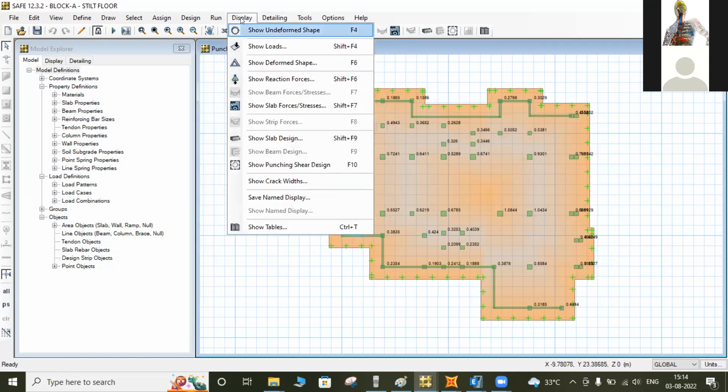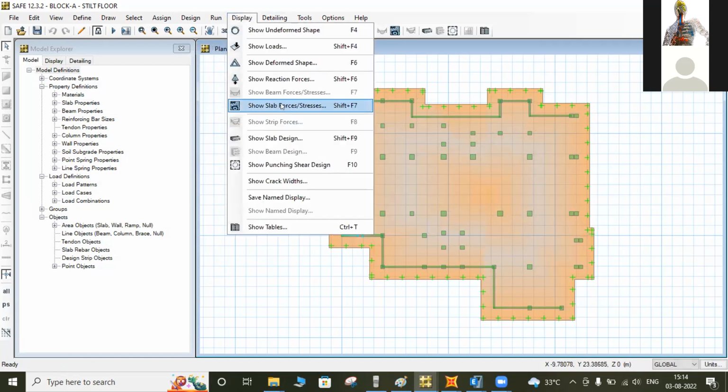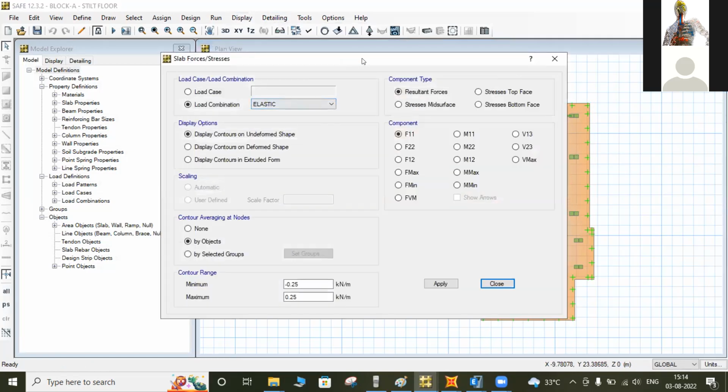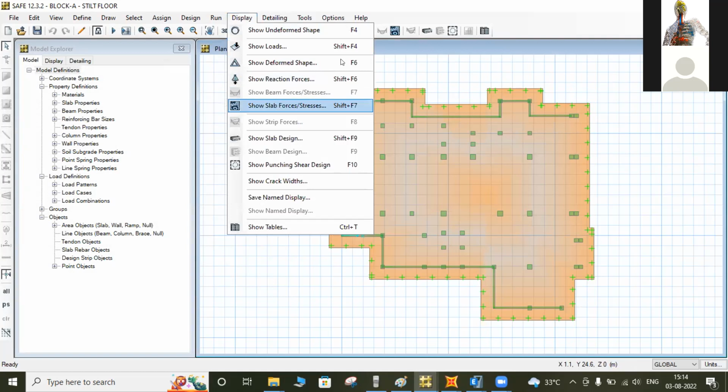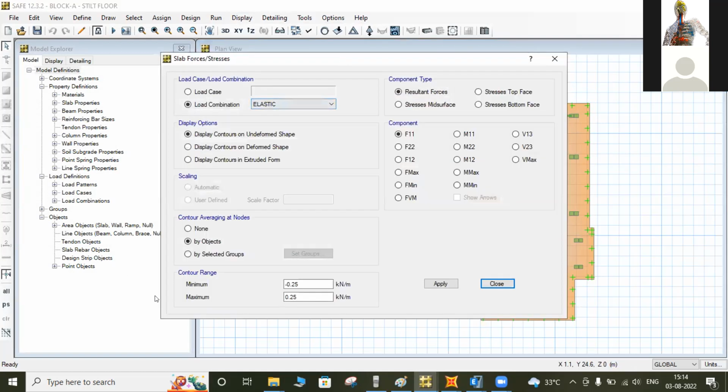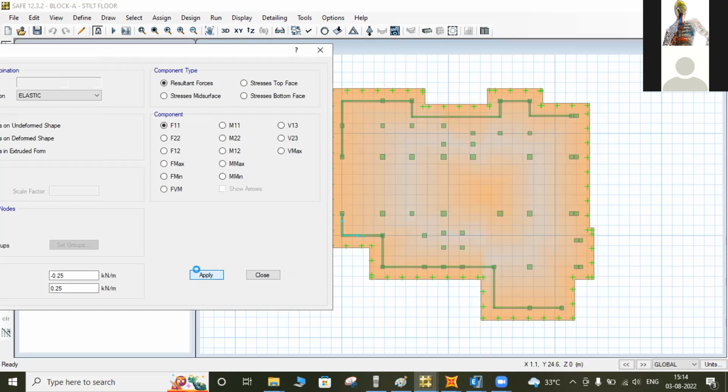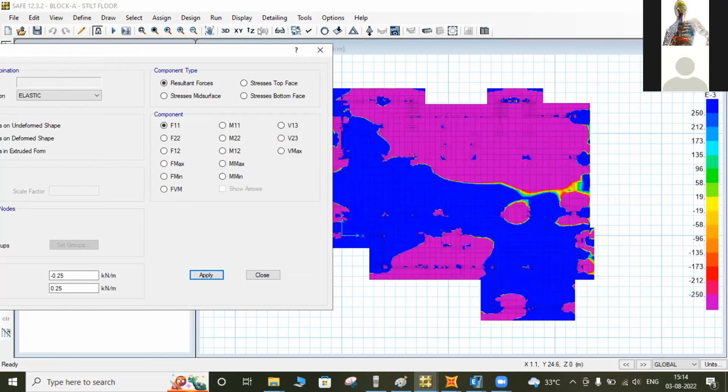Moving forward, in display and deformed shapes, whatever forces are acting, we can identify in terms of bending also. We can also check our results. So a lot of checks we need to consider, on the basis of which we need to design also. So these are the forces acting when we identify in terms of F1 forces, the moment will become